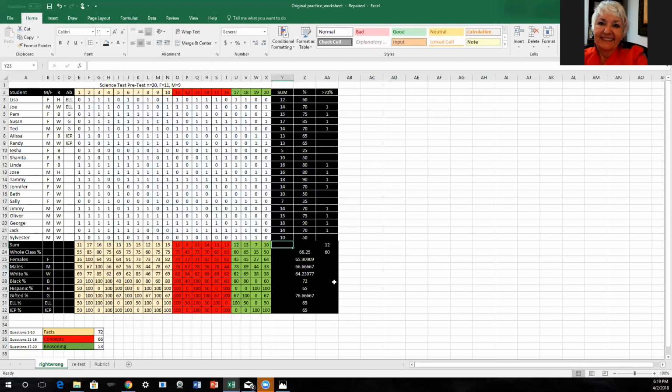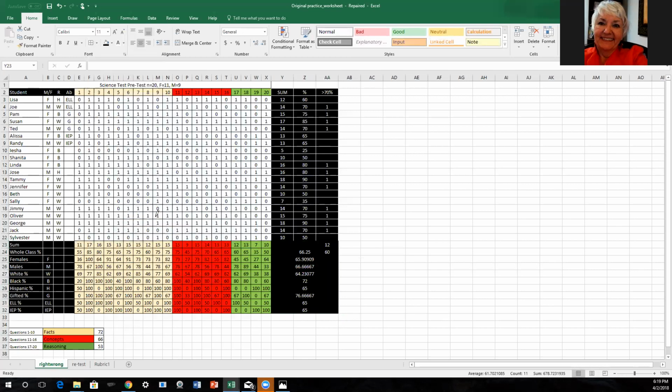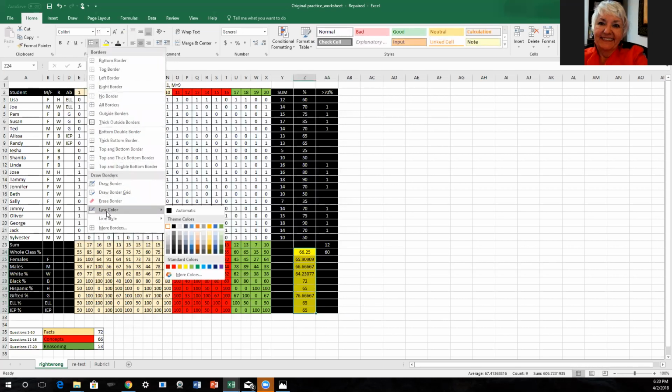So let me get that one more time in here. Let me get my line color, change it to white, and click on the border again, and there we go. So now what we have, if we want to kind of make this stand out a little bit, we might even change this border to be yellow, and so the fill color to be yellow, and it will help. And then we want the lettering to be black, and that'll help us see it a little bit better there. So, and then we can change this line color within this to be black